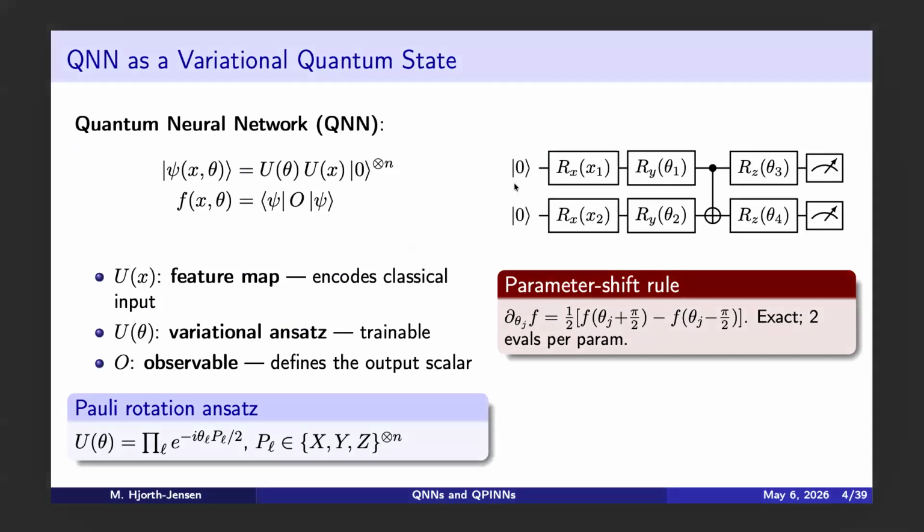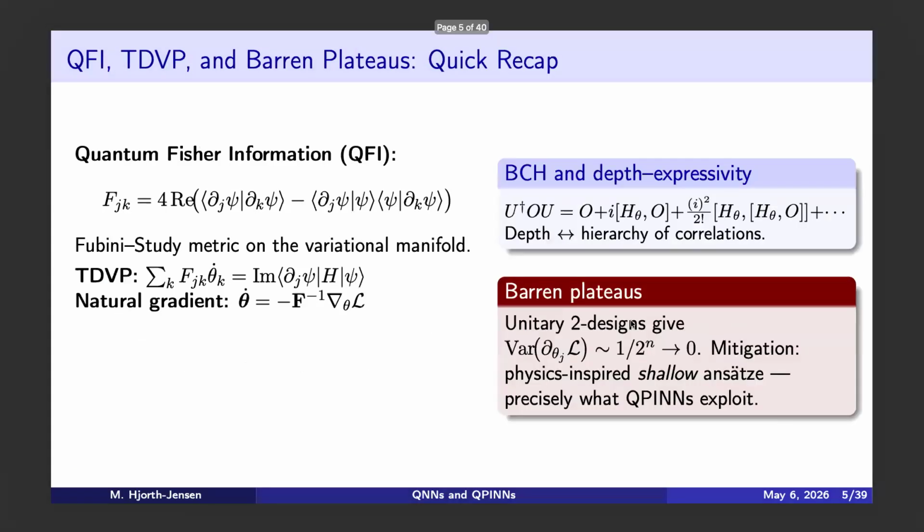So this would be a typical circuit. So we have an encoding part, we have the variational part, this is the ansatz, and then we have the observables. And the benefit of a quantum neural network is that the variational part often has much fewer parameters than we have in a classical one. And then we have the parameter shift rule, which is exact. And then we have this quantum Fisher information, which comes actually from the